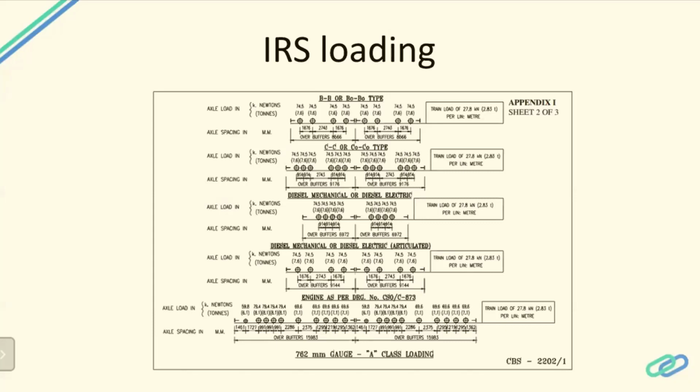So for every train, they have a separate manufacturer, and they will give what the loading coming on is. Similarly, for any vehicle, if you design a port, you have a bridge specifically for the port and it's not open to public traffic. There is one special vehicle designed for carrying all these big 9.61 metric ton containers. The loading will not be like IRC or IRS. The loading will be given by the manufacturer of the vehicle. That vehicle will be used only there.